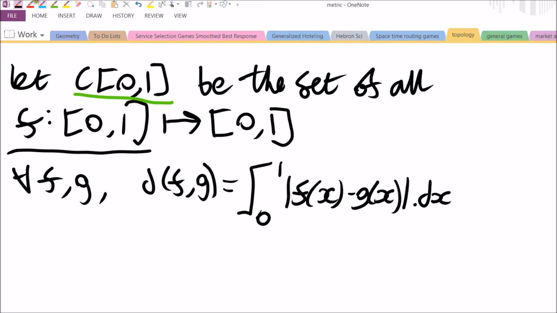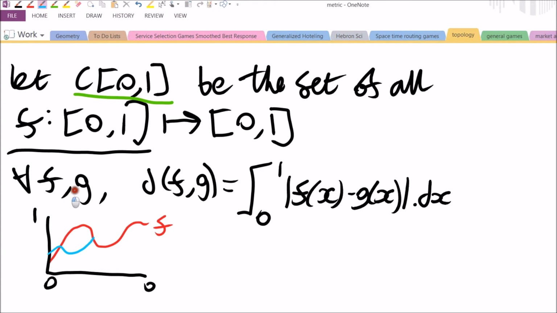So pictorially, we've got our unit interval here, and let's say this function here is f, and let's say this function here is g,